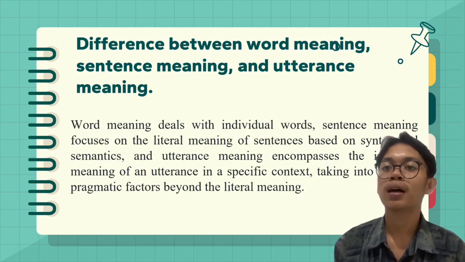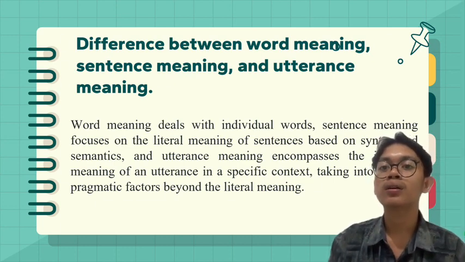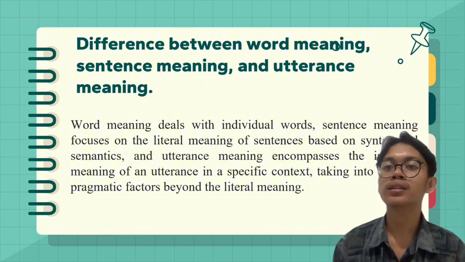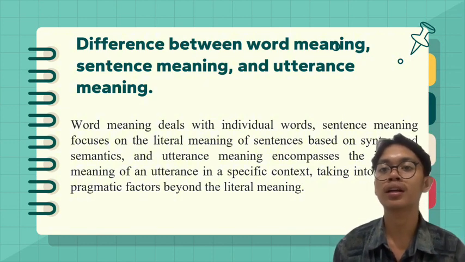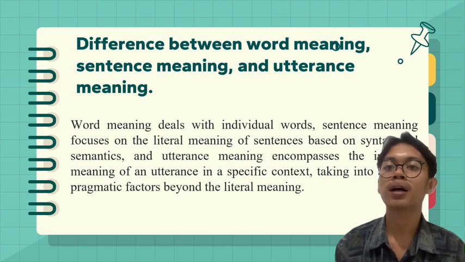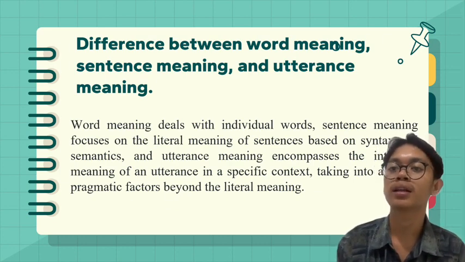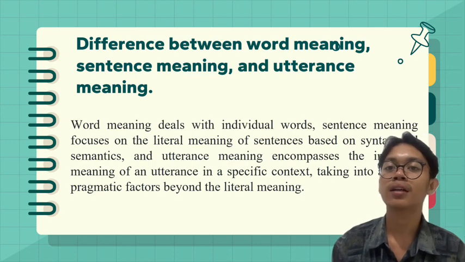Sentence meaning is about what a whole sentence says based on the meanings of the words and how they are put together. Utterance meaning is about what someone means when they say something, considering the situation and what they want